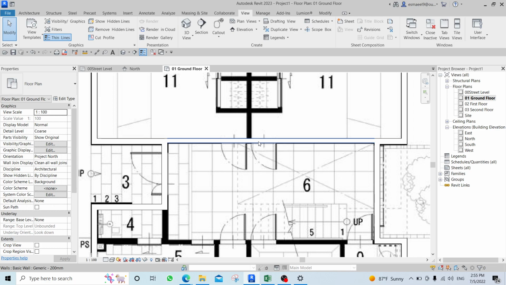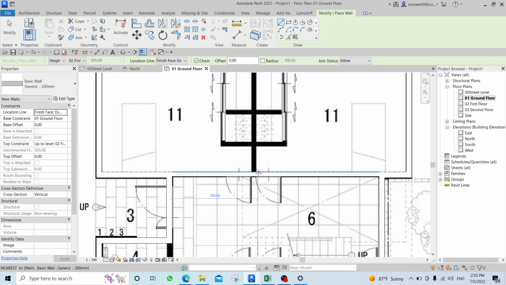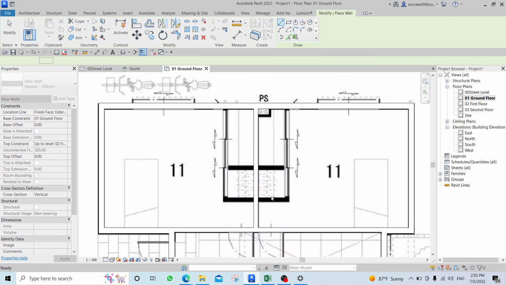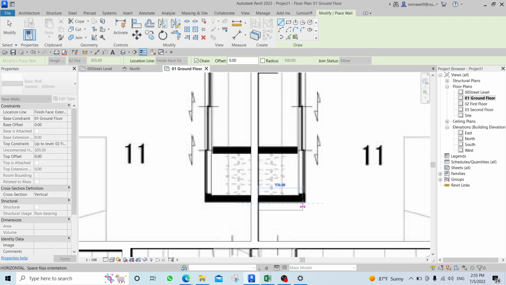And then click on this wall. As I said, CS is create similar. So it means I'm creating the same wall, the same type of wall. I will connect it. And then I will click on here. Flip it. I'm flipping it using the space,